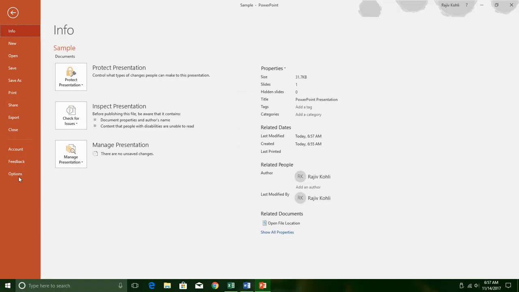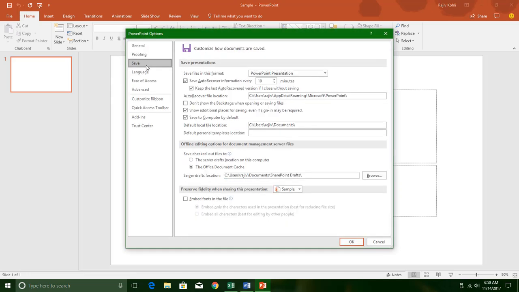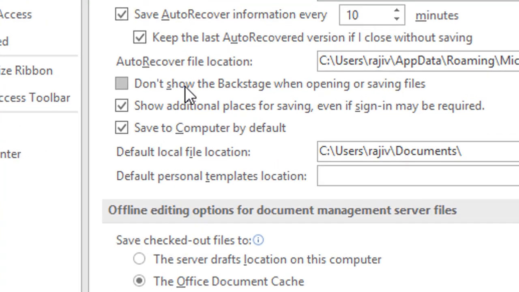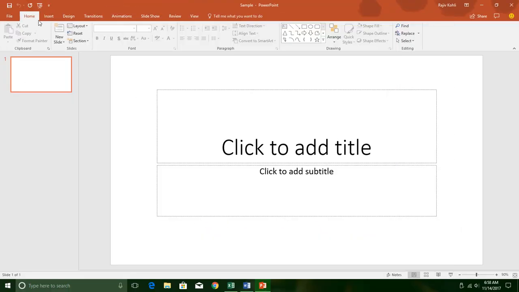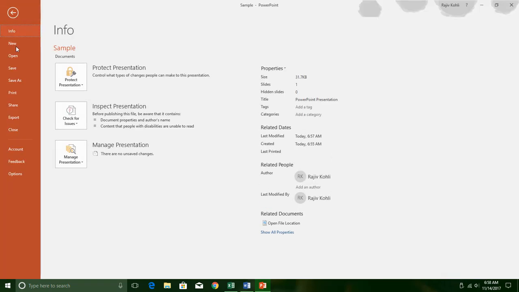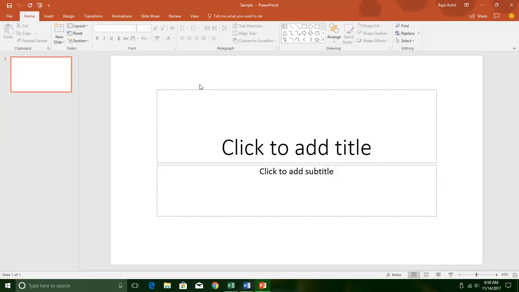The next option is File, Options, Save: Don't show the backstage when opening or saving files. What this option is going to do is, when you click the File menu and then click the Save option, it will directly bring you the